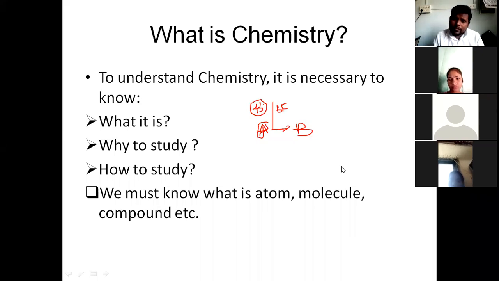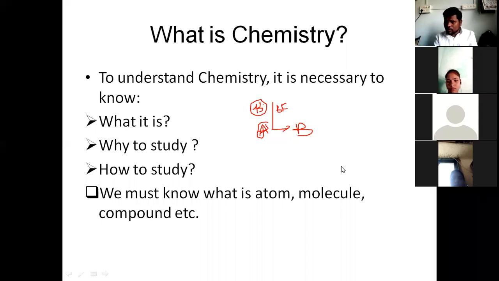तो इसके बारे में जब हम सोचते हैं तो we know that our department is going to run one add-on course on chemistry in everyday life. Okay, so everybody knows that, and the title of this course is chemistry in everyday life. Okay, so that is the answer to this question, why to study chemistry. Okay, so chemistry का study क्यों करना चाहिए, so chemistry in everyday life, because we know that chemistry is everywhere,